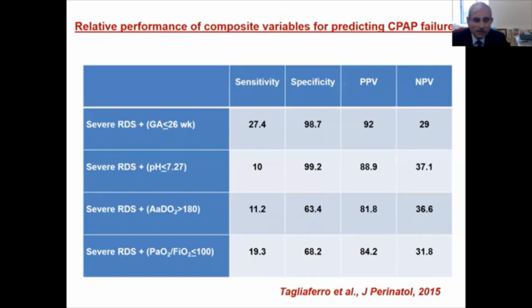Yeah, I think with this concept, people have shown most of the stochastic resonance data in an in vitro model. In vivo, I can tell you from my clinical experience, when you have a lot of water, when you're running the circuits wet, and there are some water droplets in the circuit, you can see the oscillations being transmitted, something very like what you see on high frequency oscillation. Whether the gas exchange mechanism differs when you use bubble CPAP versus other forms of CPAP,